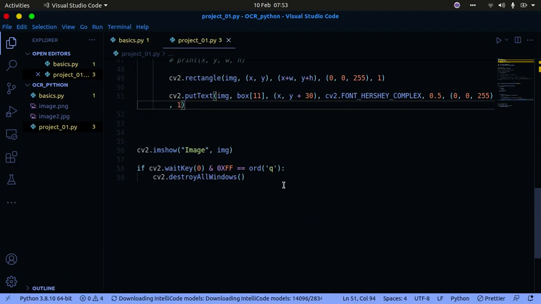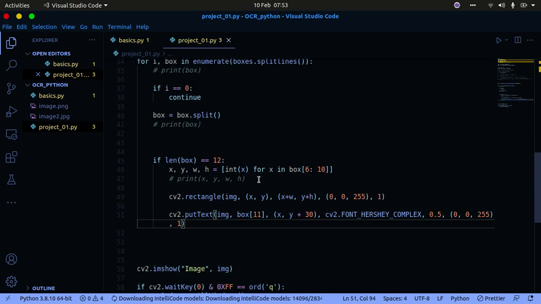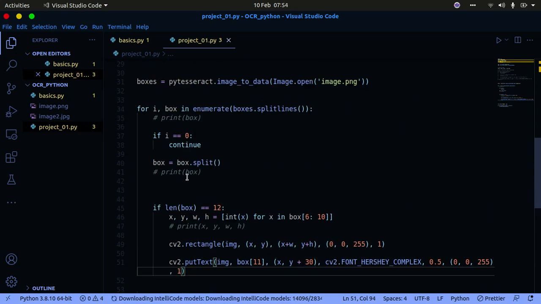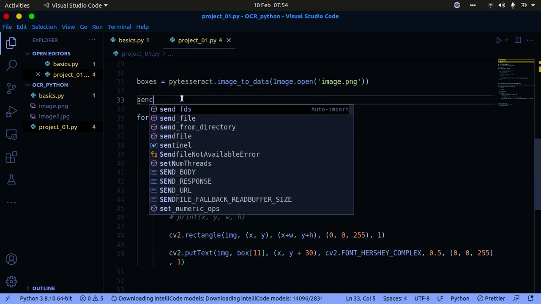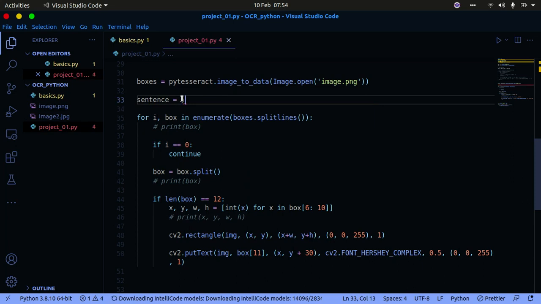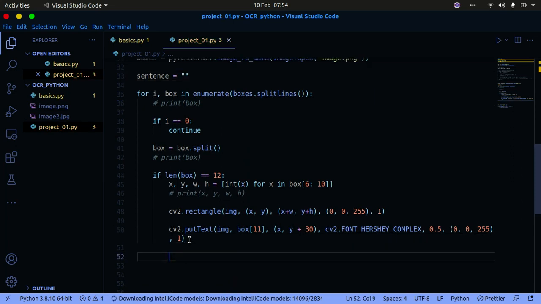So what I want to do right now is go ahead and just go into my VS Code. What I want to do right now is get all the words and then add them up into a little sentence. So let me just reduce the spacing here. So I'm going to create a variable up here. I'm going to call it sentence, and this is just going to be an empty string for now. Okay, so for each time a word is identified, what I simply want to do is